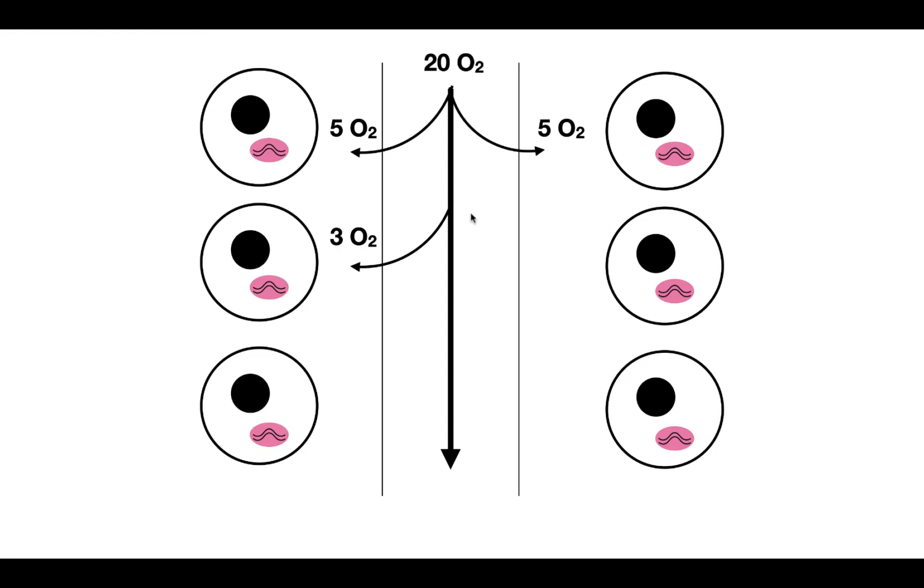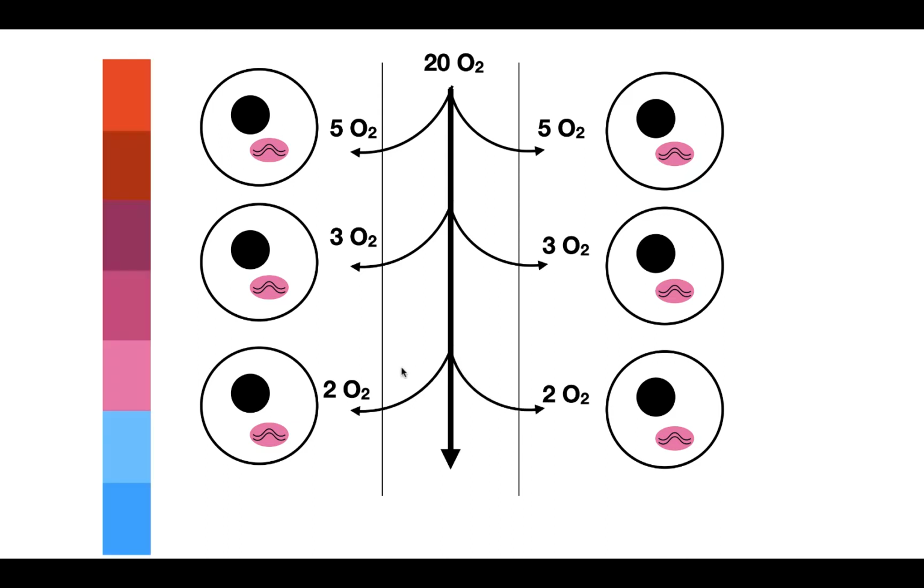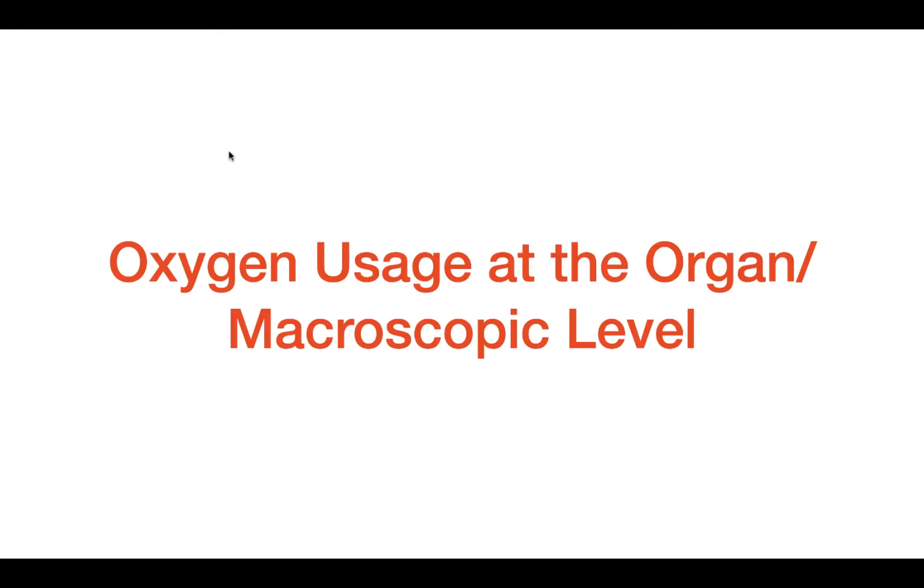And as we move further down, each of these cells is maybe going to take 3 oxygens. And we're only going to have, in this case, 4 oxygen molecules left in the blood. And then the remaining 2 cells are going to take what's left. So what we see here is that as we go down the length of a single capillary, the oxygen level inside the blood decreases. So now we're going to look at how oxygen is used at the macroscopic level, because